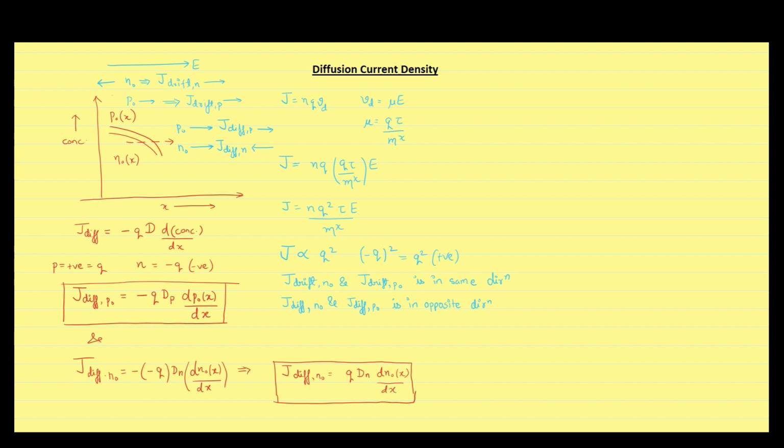Now we have net current density equal to net drift current density plus net diffusion current density. Net drift current density is given by drift current density due to free electrons plus drift current density due to holes. Similarly, diffusion current density is given by diffusion current density due to free electrons plus diffusion current density due to holes. By putting the value of all these four components which you have studied in this and the last lecture, we will get